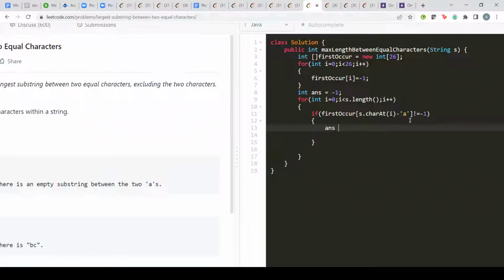I will say answer is equal to math.max. I will update my answer now. The answer is equal to math.max of answer, comma. What should I write, guys? Can anybody help me? Anybody? Expression, can you help me? I minus